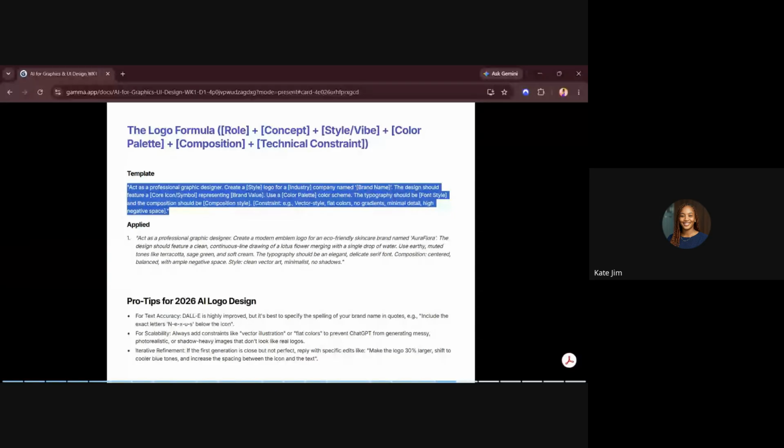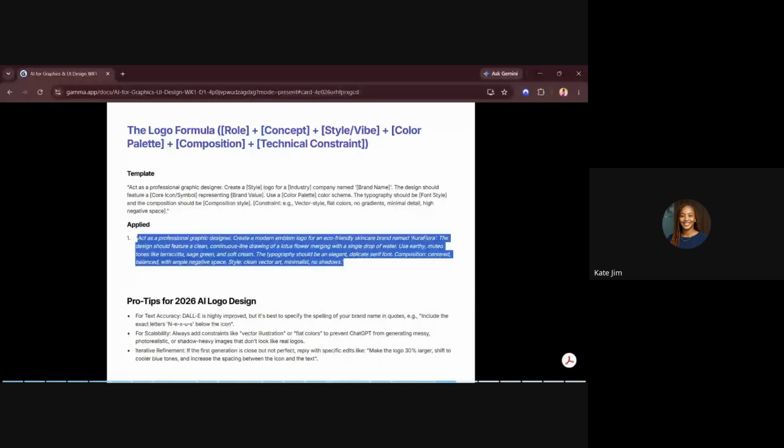So let's see it in an applied way now. This is it. Act as a professional graphic designer. Create a modern emblem logo for an eco-friendly skincare brand named Aura Flora. The design should feature a clean continuous line drawing of a lotus flower merging with a single drop of water. Now, this is you being very specific.